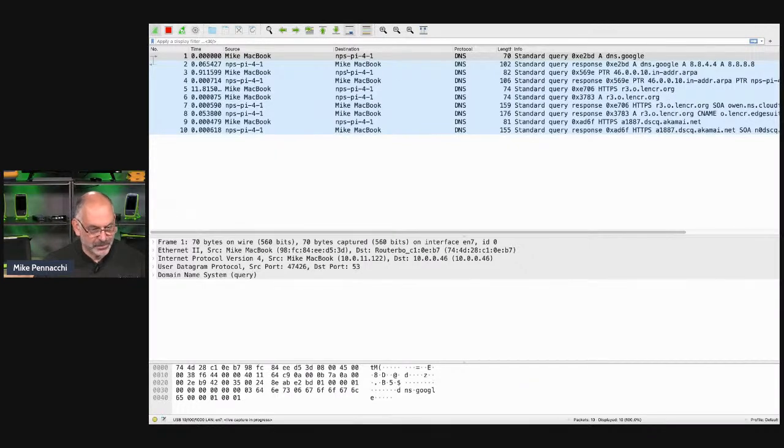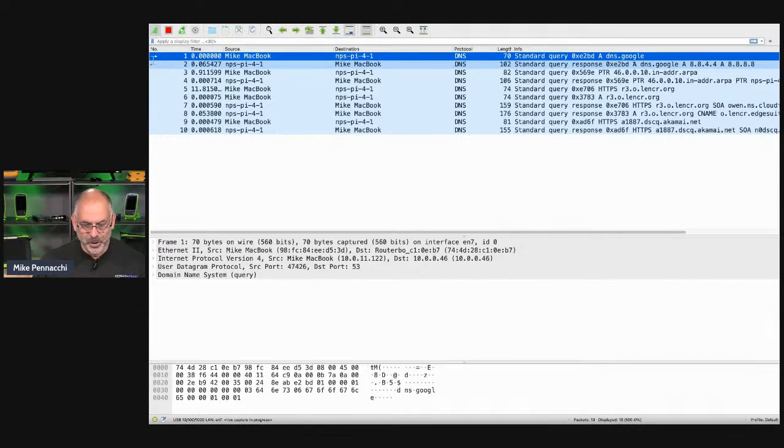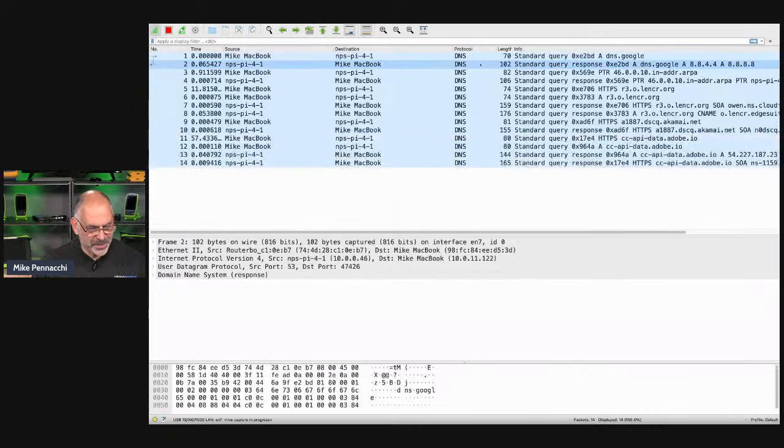So what this will do is go out and start capturing that traffic to and from my machine and these various hosts out here, so I can start getting an idea of what my DNS queries look like. DNS is one of those protocols that's key to being able to communicate out there on the internet. Well, I can come in and see right here, I send this query out for Google right there, and I get a response back right here in frame number 2.